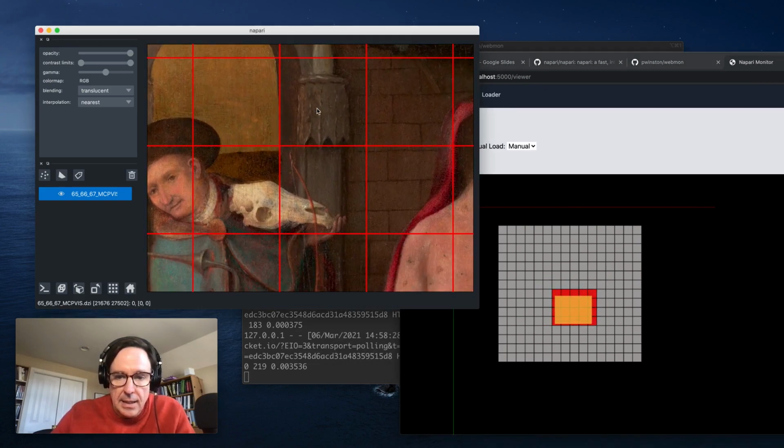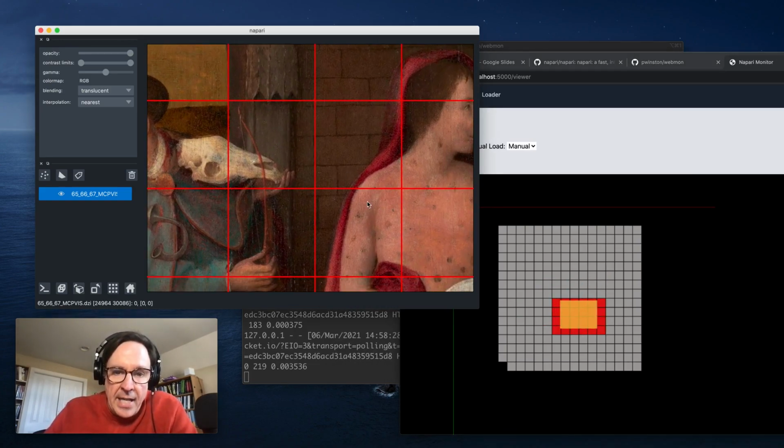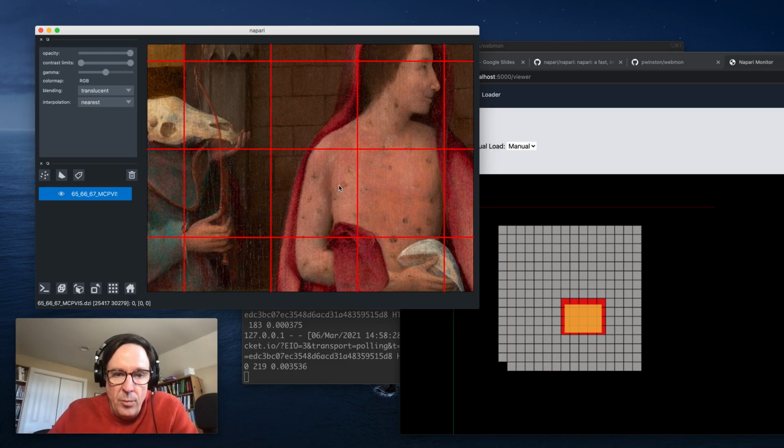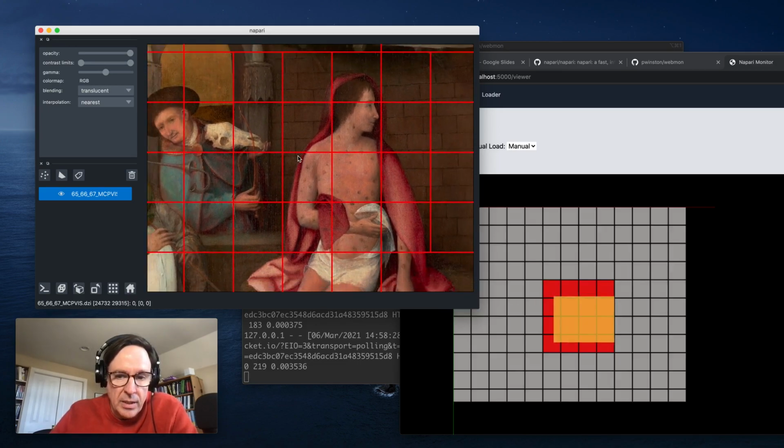So yeah, this is live. The nice thing about that is we actually rebuilt Webmon and we didn't restart Napari. And we'll see this later also. This is like a really nice feature of